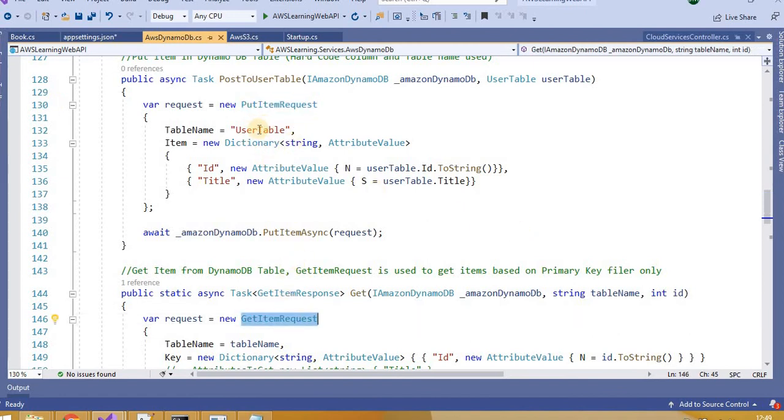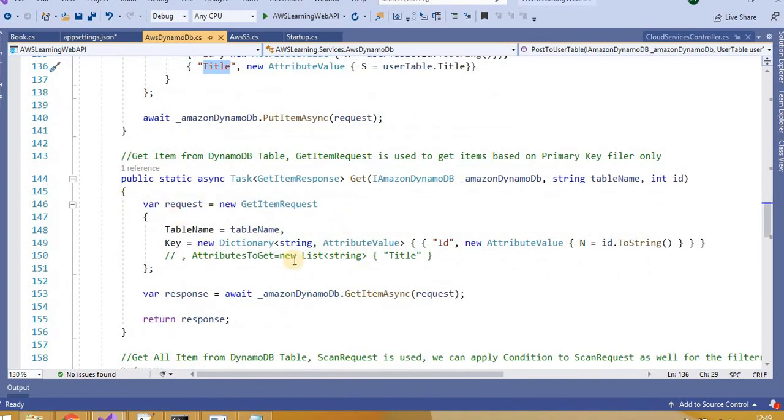But in this case we need to pass the table name, then the column names, right? To get the record we are passing the ID here. If your primary key is something else, you need to define that here. So this is really difficult to implement as compared to the DB context.